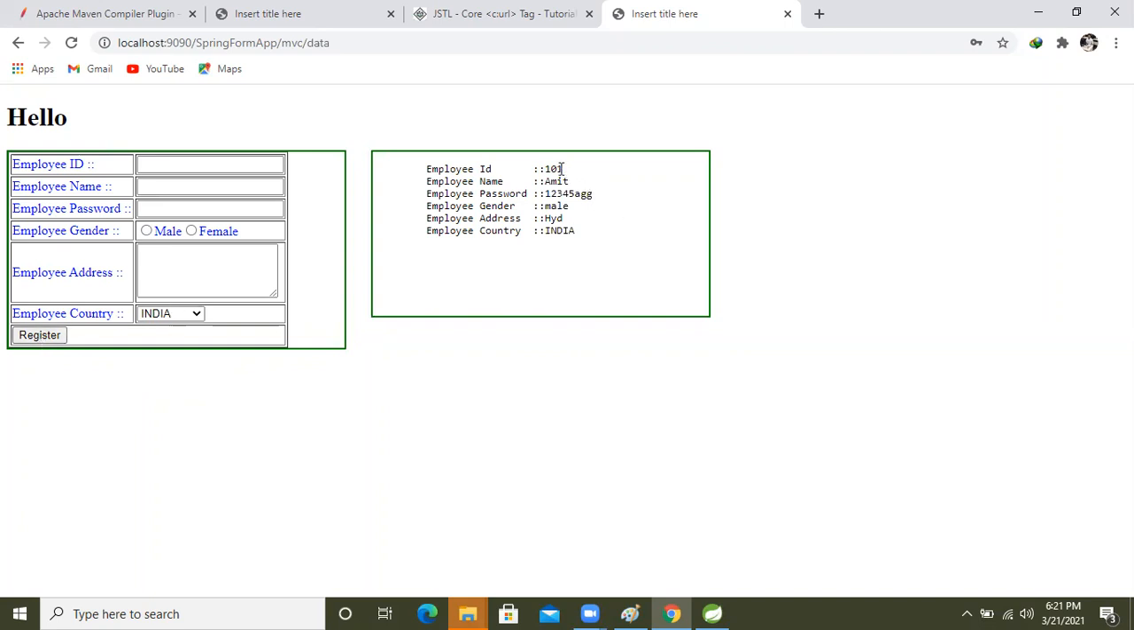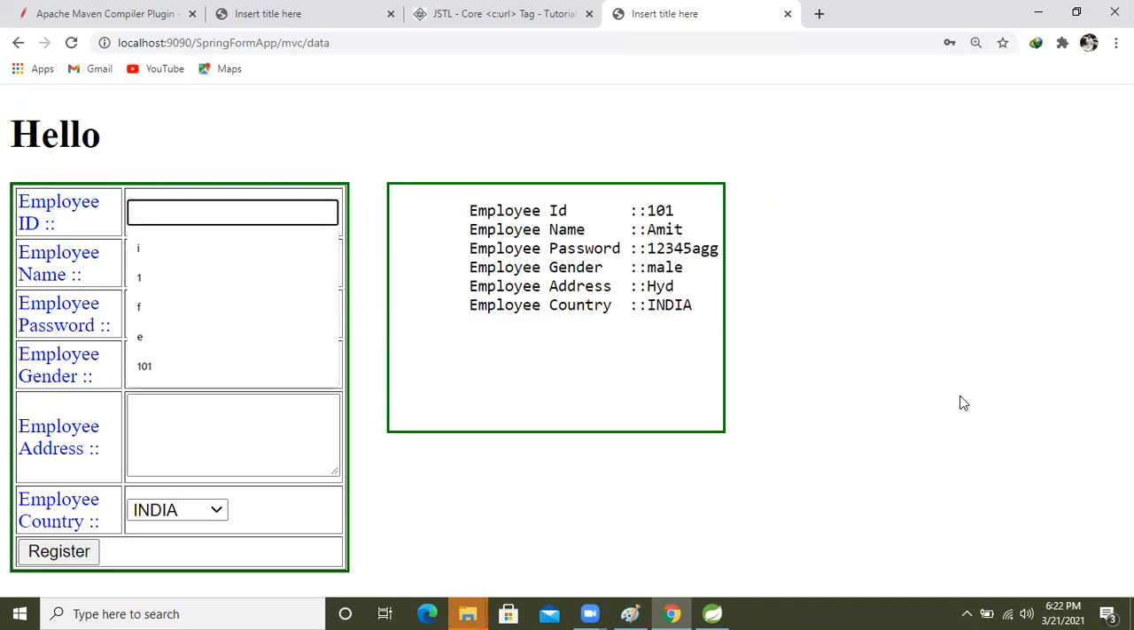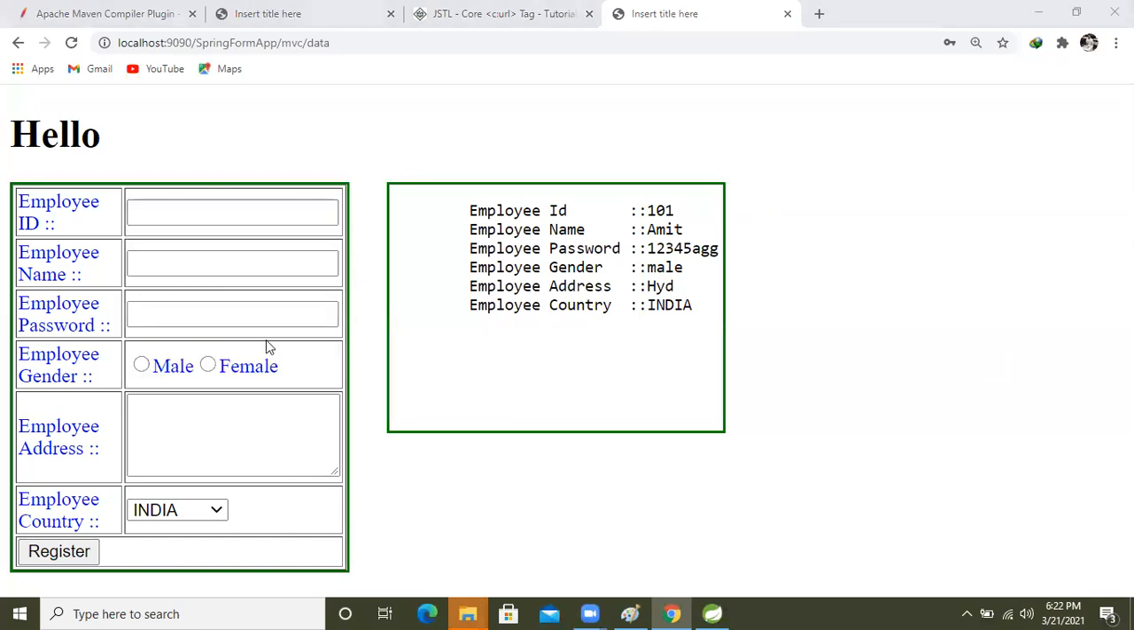See here, employee ID 101, Amit, and the password and mail, Hyderabad and ID, like this. Got it or not? I think you people are able to see that, right? So again, if you want to change this one here,